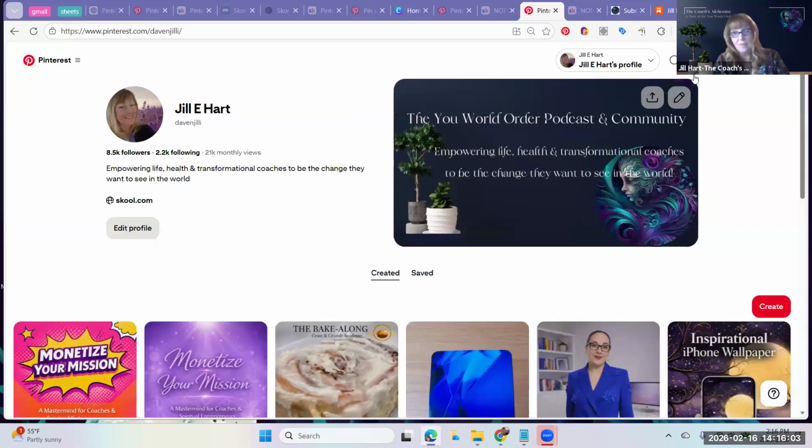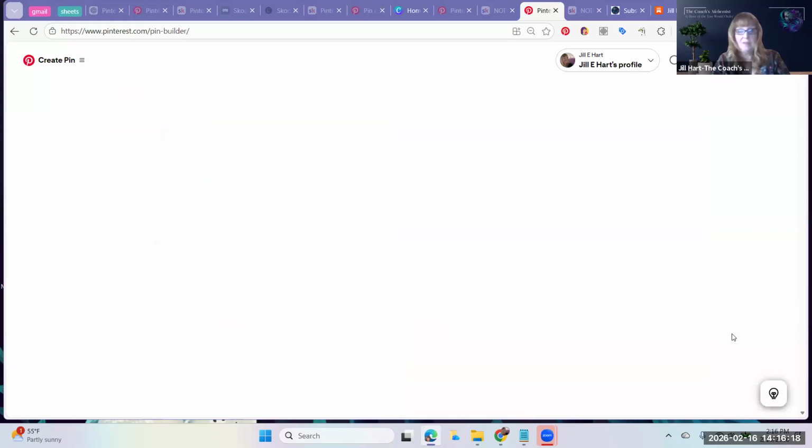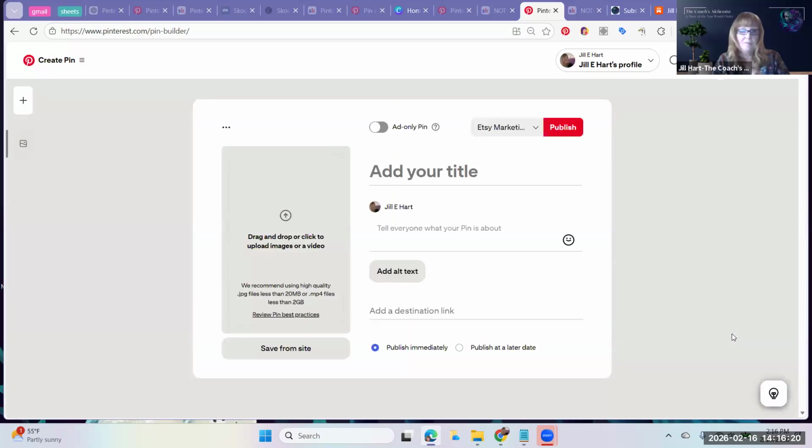Okay. So now let's talk a little bit about creating the pin yourself. In order to create a pin, you just come over to your main profile and hit create, and create pin. You can either save it from the site, which will give you a space to put the URL in. It's better to just post from the site, in my opinion.